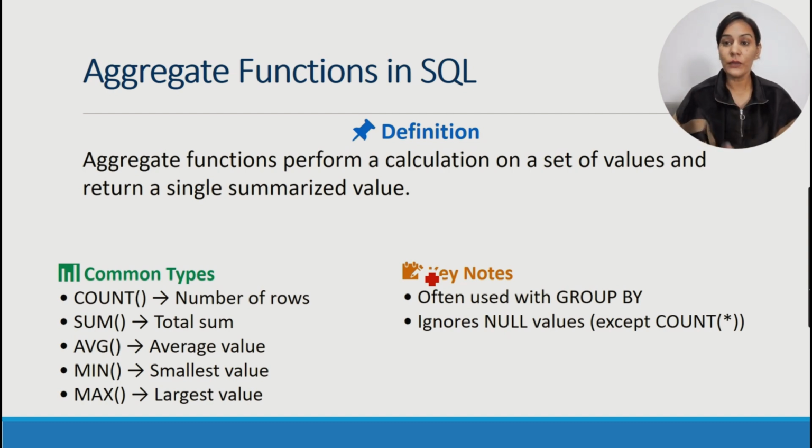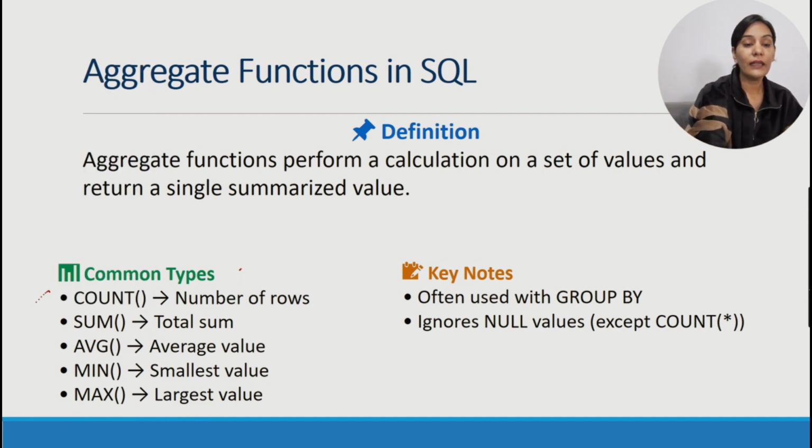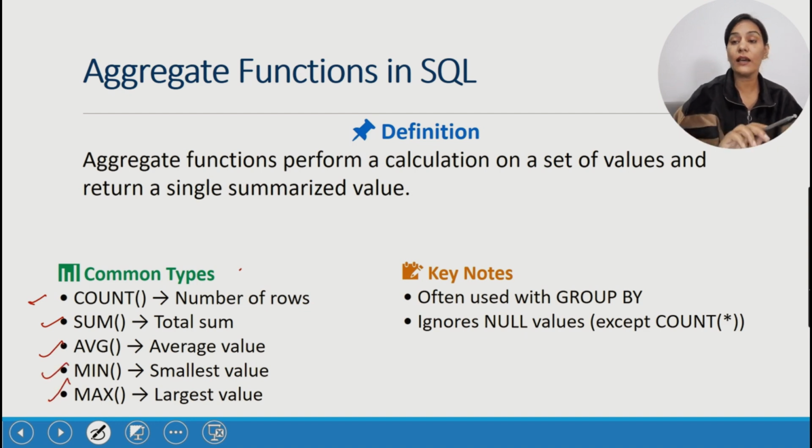We have one column, we apply the function, and it gives one output from which we can come to know how much salary was paid, or how many students got marks out of all the given marks, whatever we want to do. We have many functions under the category of aggregate functions. The common ones are five: count, sum, average, min, max. These are the most important ones we use every time.